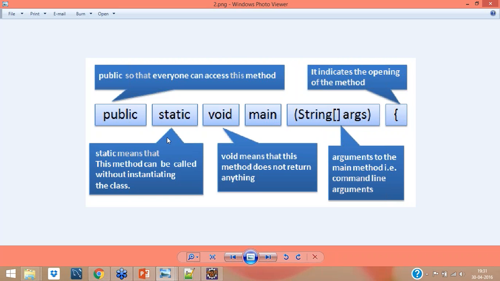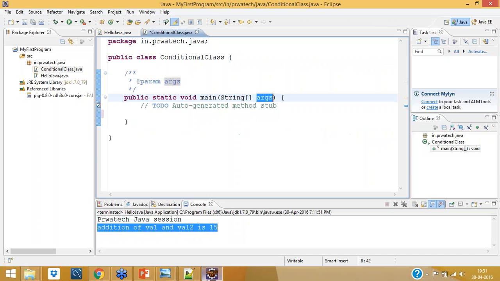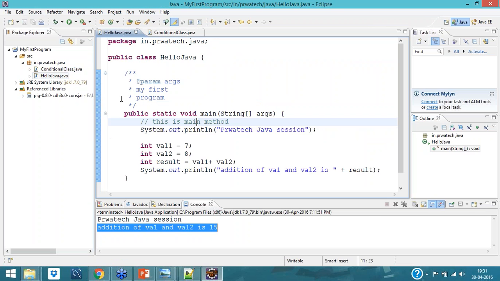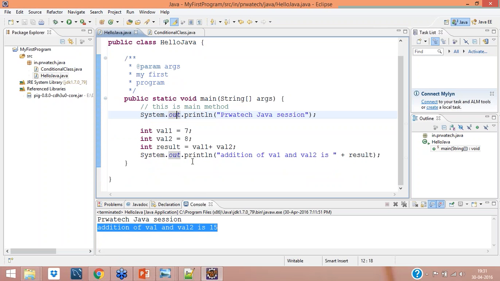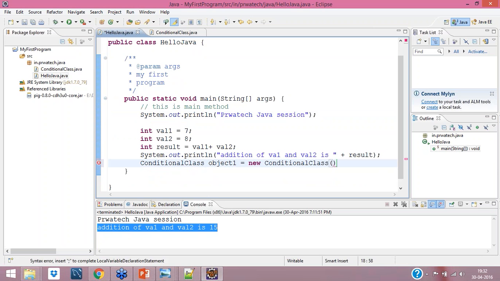That's why it's public. So why static? Because static means that method can be called without instantiating. Means you want to create a class. So let's say I have created this class, and I want to call this class inside this class. I'll just take this class name; this I'll explain in some time. Let me show you how I'll create the instance of this class: Object1 equal to new this. This is the way I create my object.